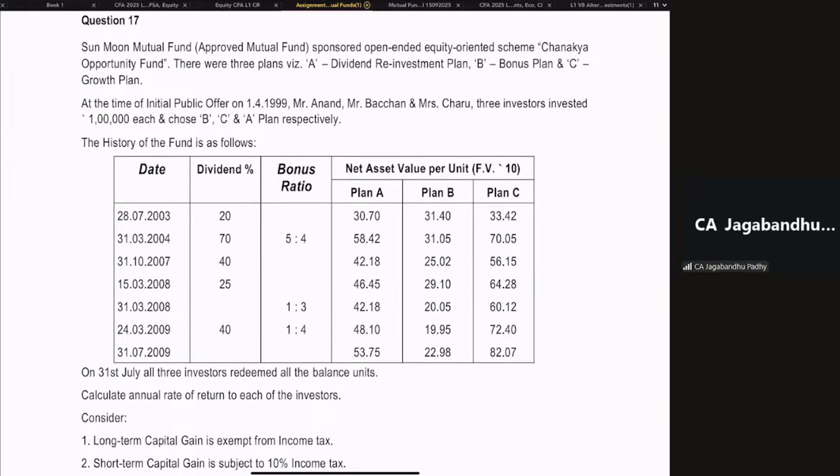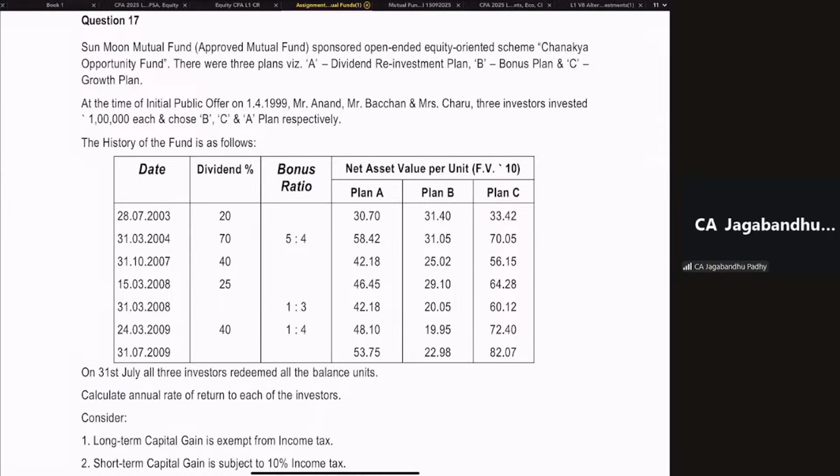Okay. Then the second plan is the bonus plan. In this bonus plan, the mutual fund is not going to declare any dividend, but it's going to declare a bonus at regular intervals. And the bonus will be given to you in the form of additional units. Those units are also going to get accumulated into your account. And the last one